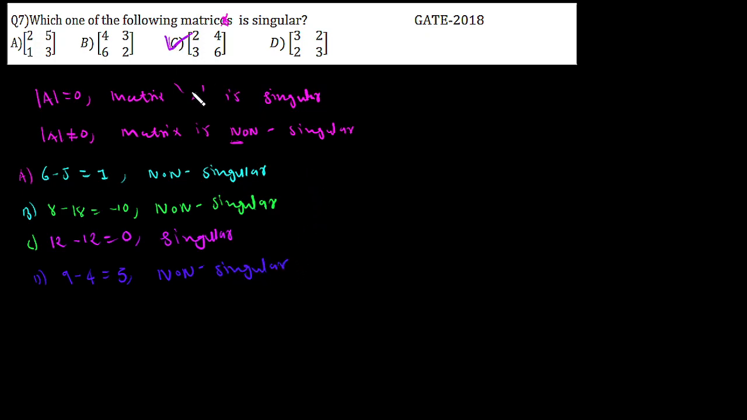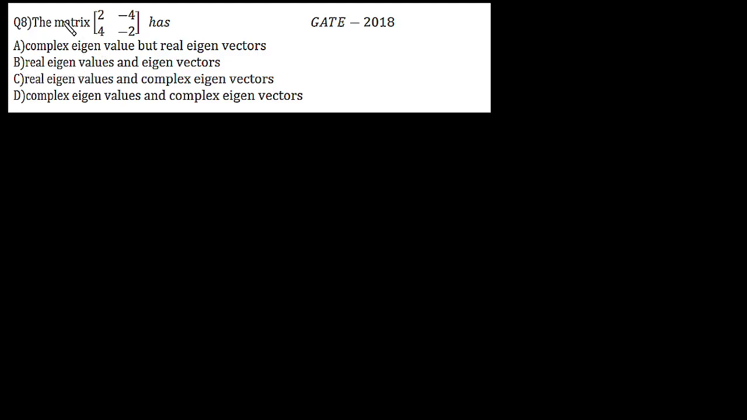So now option C is the correct one. Let's move to the next question. Okay, now let's solve question 8. Question 8 says the matrix has, okay, they're asking about the